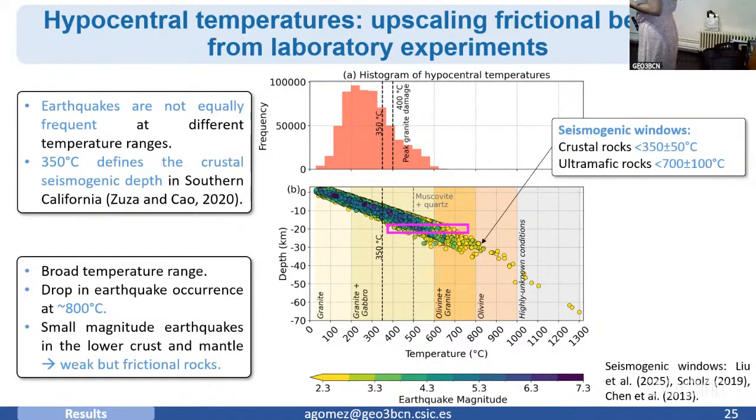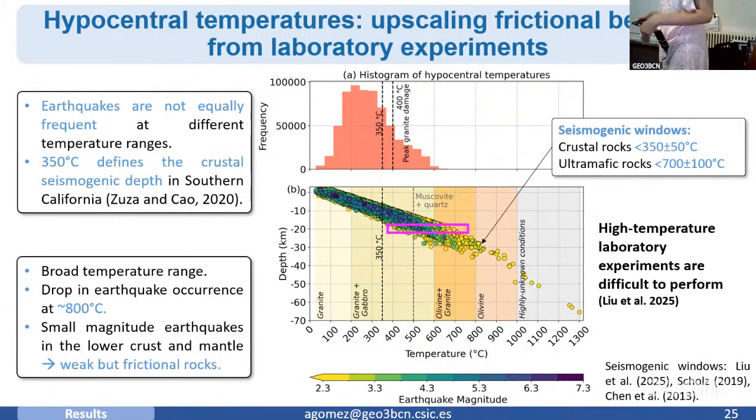So that's why I'm mentioning here, this is an attempt at scaling the frictional behavior from laboratory experiments. However, here at temperatures larger than 1000 degrees Celsius, we enter highly unknown conditions, because laboratory experiments are very, very difficult to perform at such high temperatures. So yes, the final observation here is that at depths larger than 30, more or less, we are also having